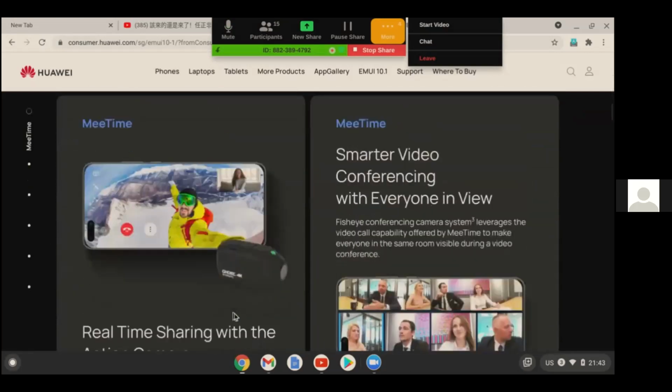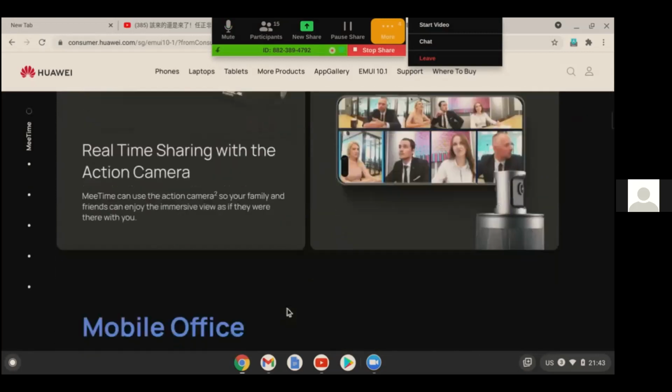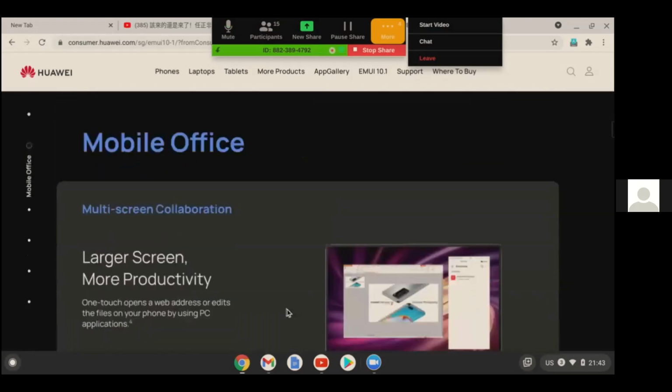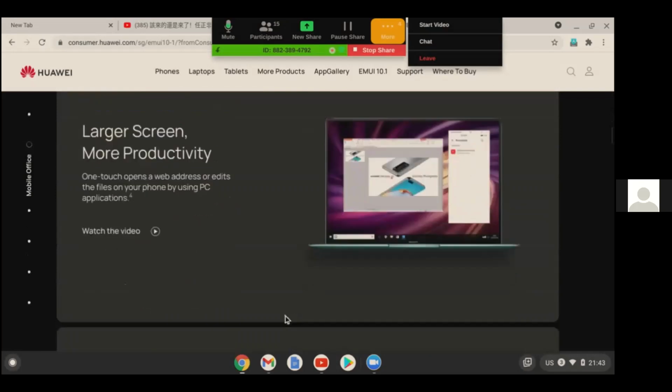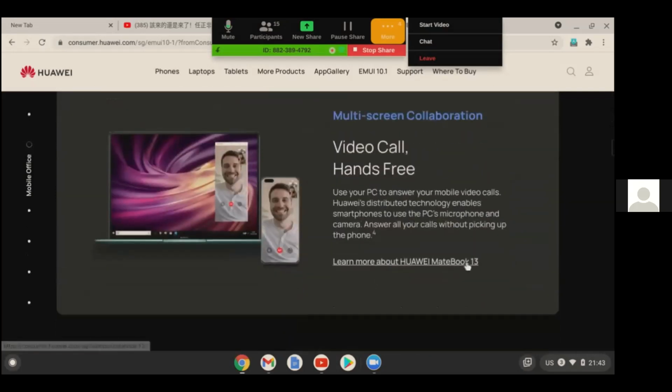Yeah. So I think for some of these, they have to go through the EMUIs to get it linked up and so on. So you need not know all of this unless you need it and you want to use it and so on.